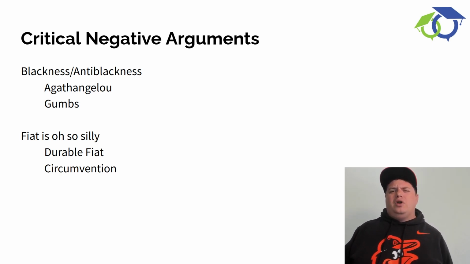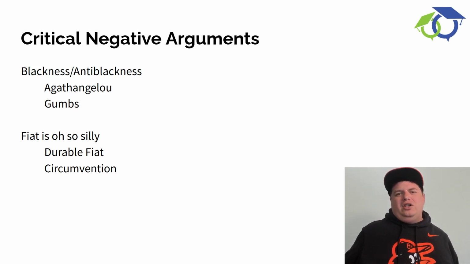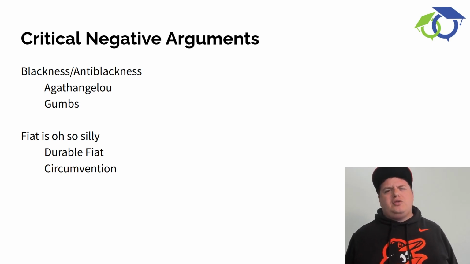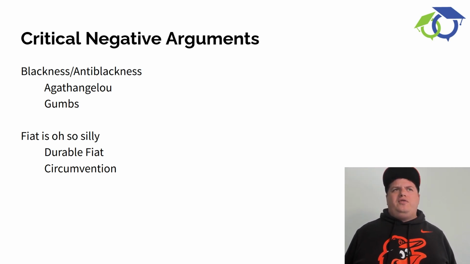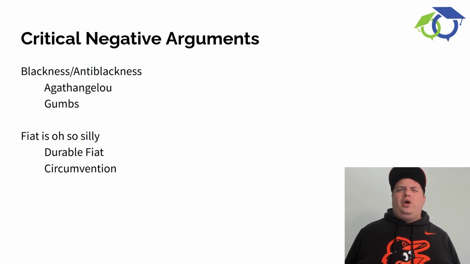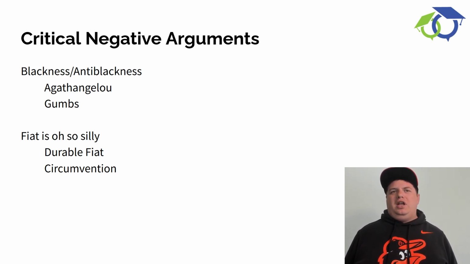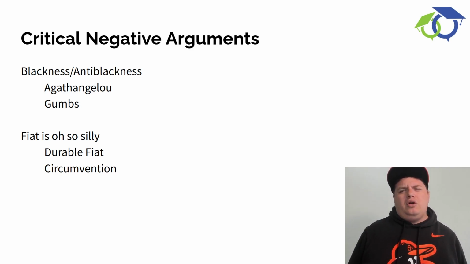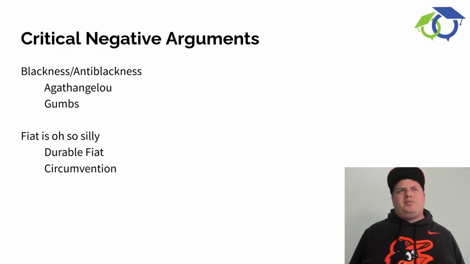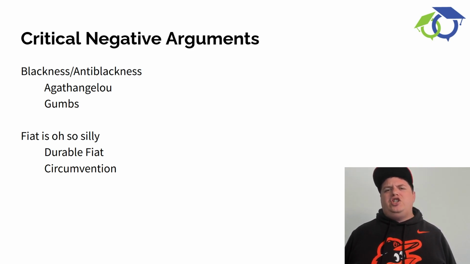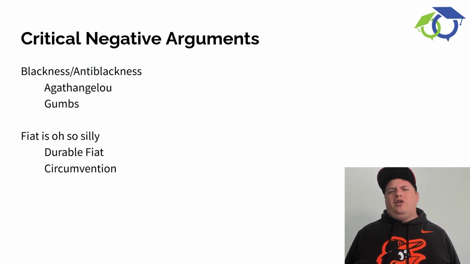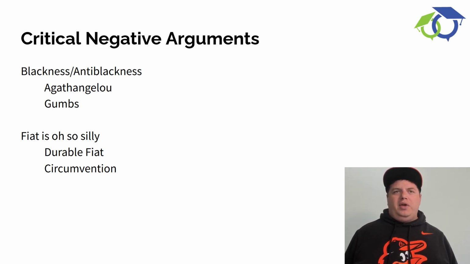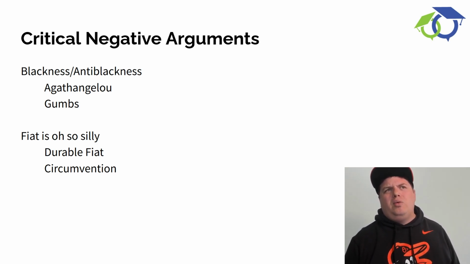I also think that you will have sort of, I'm not going to say object-oriented ontology or Baudrillard, but I think that critical negative teams as well as critical affirmative teams are going to be really behooved to think about why the concept of fiat on this topic is so silly. It's going to have the Trump administration join a treaty or join a criminal court that it is vehemently opposed to, a law of the sea treaty that the United States has never joined. I think that critical negative teams are going to try to poke fun at these concepts of durable fiat, the ideas of circumvention, to try to generate a lot of their link offense for how either it is try or die for the critique or the critical affirmative, or just how these framework arguments that the negative or the affirmative is going to try to go for are just silly in the real world, and that the type of education